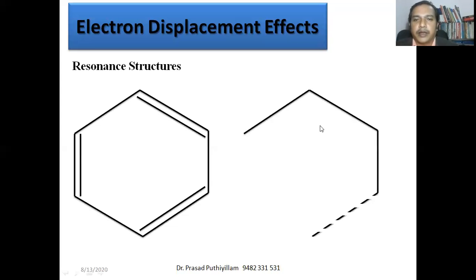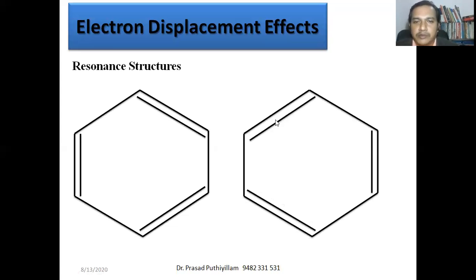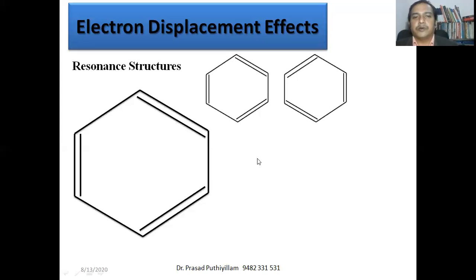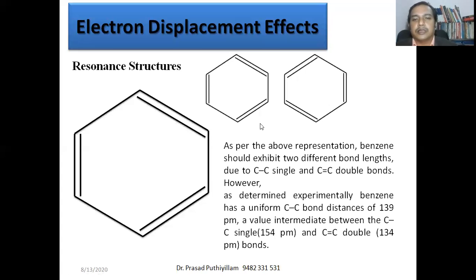Whereas some people write the benzene structure like this. They start giving the double bond to the left side carbon. So if you see, earlier here it was a carbon double bond, here it becomes a carbon single bond. Here it is a carbon single bond, whereas here it becomes a carbon double bond. Therefore we can say that some carbon bonds are double, some are single, so they are neither purely double bond nor single bond.